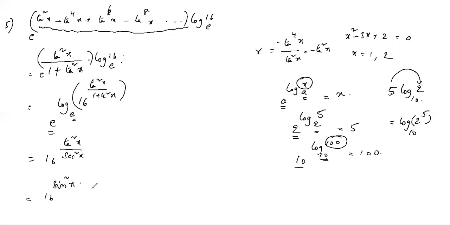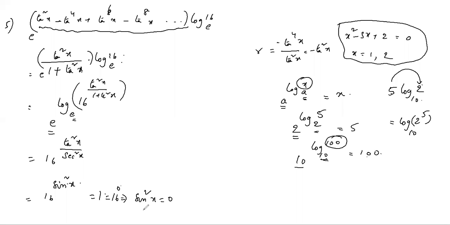Now what do we get, the actual roots, by solving the given equation? What are the roots we get? x equal to 1 and x equal to 2. For x equal to 1, 16 power sin square x equal to 1 means sin square x equals 0. Now we can write 16 power 0. So sin square x equal to 0, sin x equal to 0, x value 0. But they have given 0 less than x less than 5 by 4 in the problem. So this is not the solution.